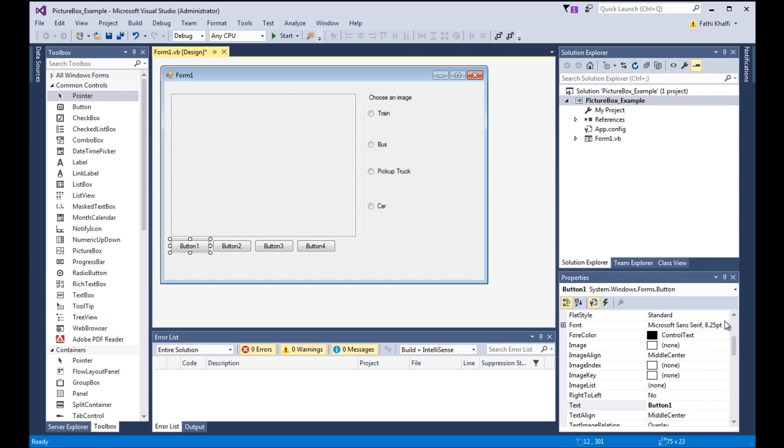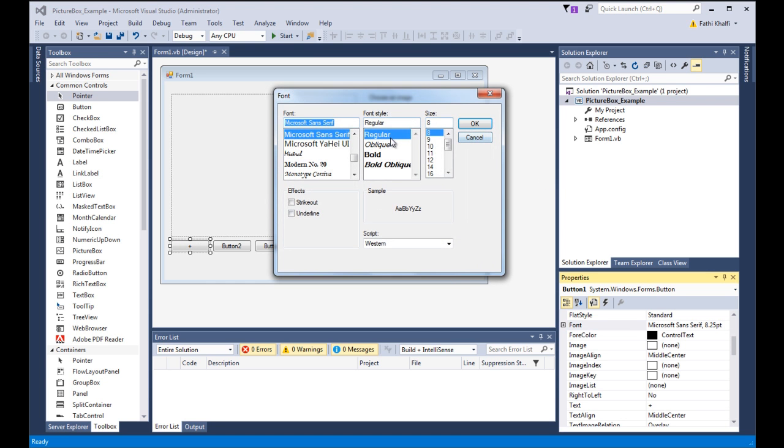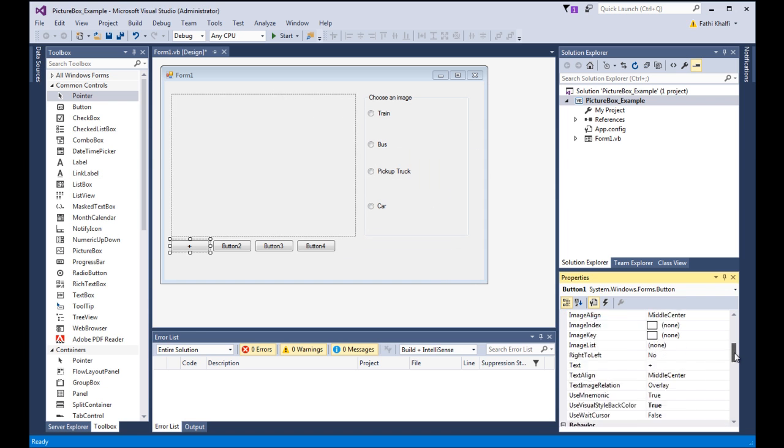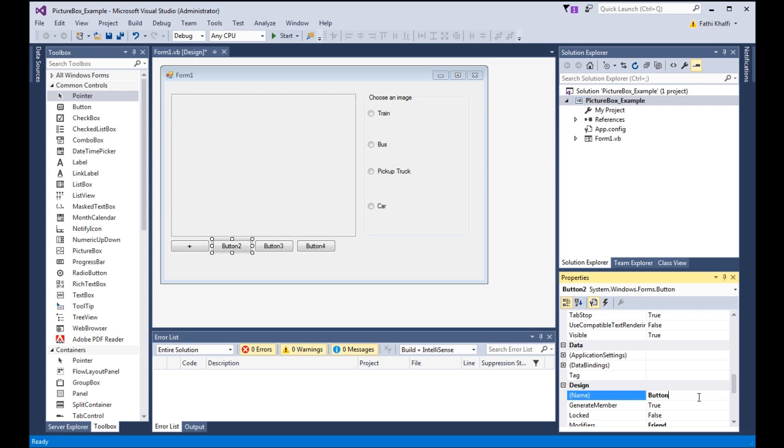I'm gonna come here and say this one, actually I'm gonna put the plus sign, come here and change its font size, make it bold and size 10. And for the name, I'm going to say BTN zoom in, and this one I'm gonna do the same thing. It's gonna be BTN zoom out,